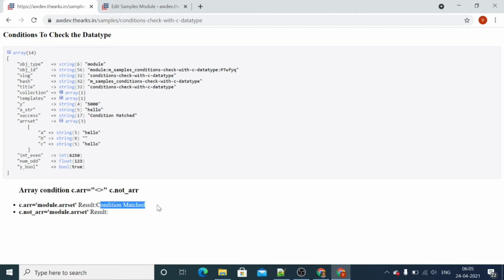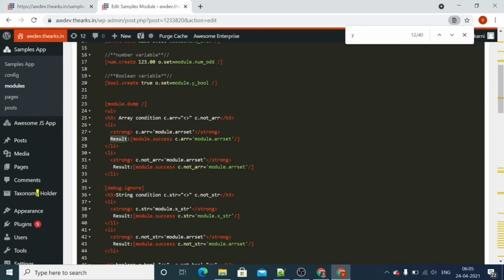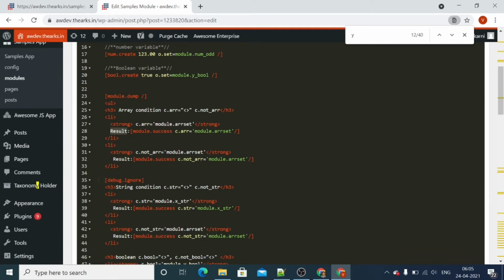For c.notarr, we are checking whether this variable is not an array, but this variable is of type array, hence the condition is not matched, so we didn't get the output. So to check the array, we have c.arr and c.notarr.